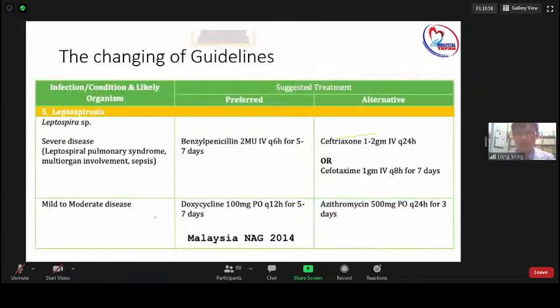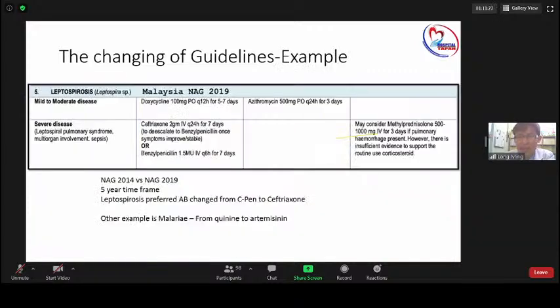Now, the changing of guideline. This is a local practice. Previously, I asked the doctors to convert non-severe leptospirosis cases to penicillin. That's why the reduction in antibiotic use was large, because we didn't do DDD for penicillin, but we do DDD for ceftriaxone. When we converted this, most doctors agreed. But sadly, the guideline changed from penicillin as the first line, and now ceftriaxone becomes the first line.